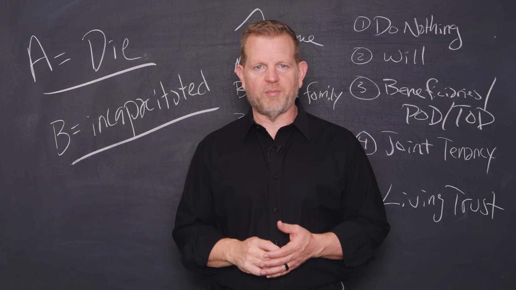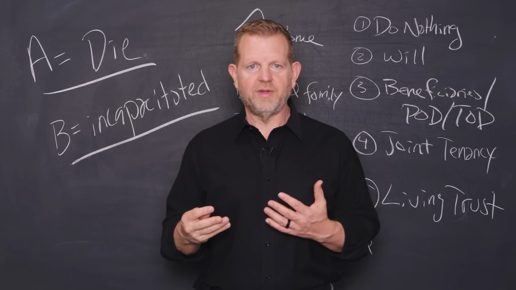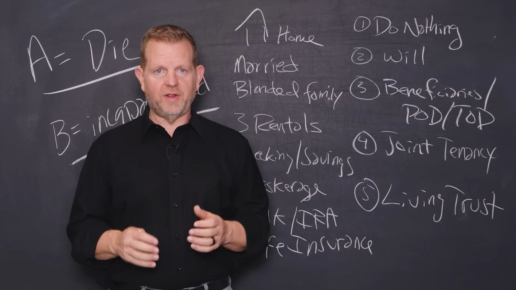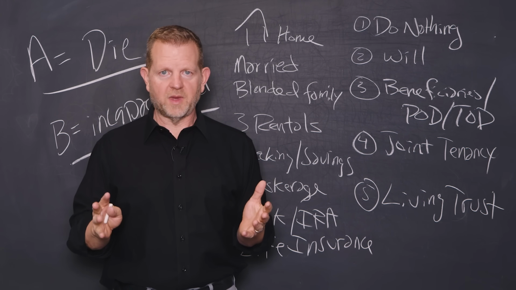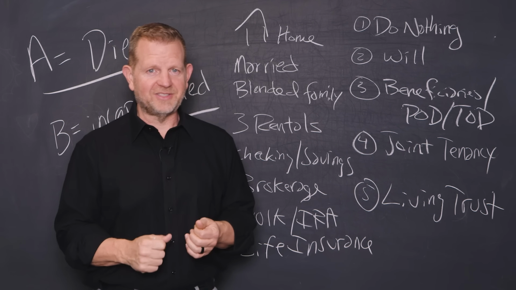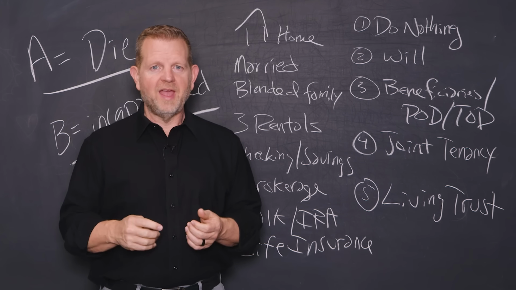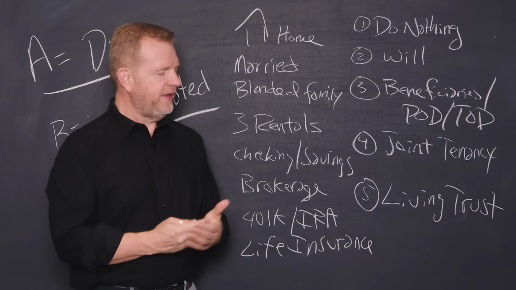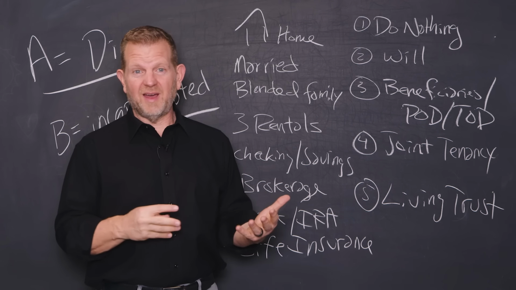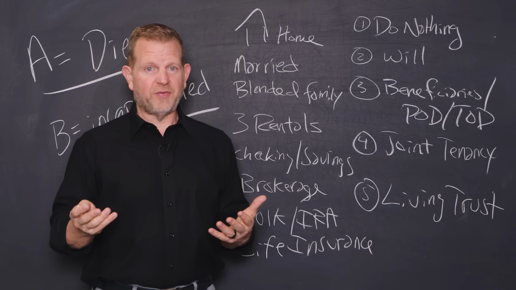Okay, so we have our example. Now let's run it through the 5 different scenarios. We got 5 of them, right? So let's go through scenario 1. Do nothing. We'll figure it out plan. And let's start with the default, what it looks like. Deeds are in your name. The accounts are in your name. Maybe there's an old will, maybe not. No real plan for incapacitation.